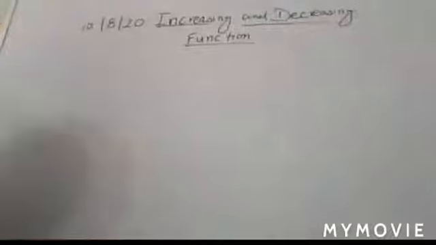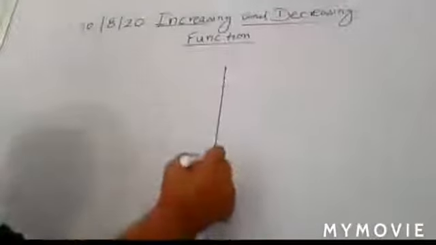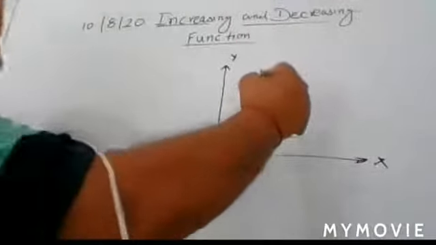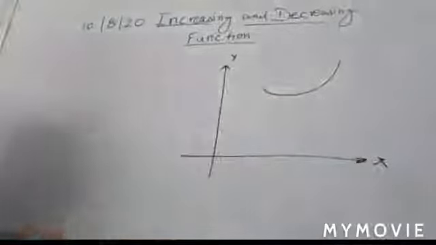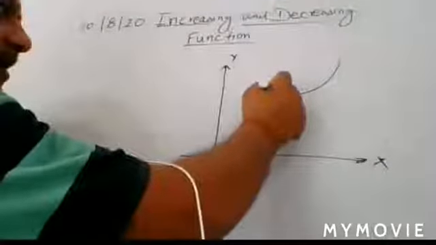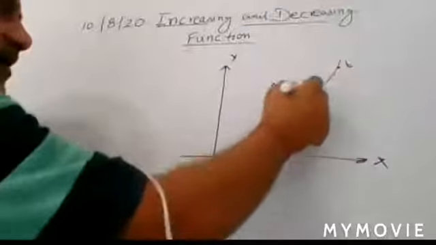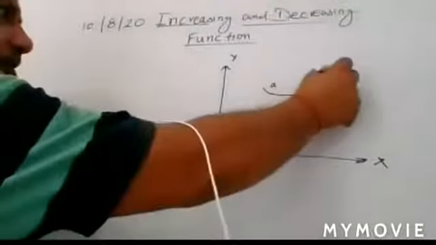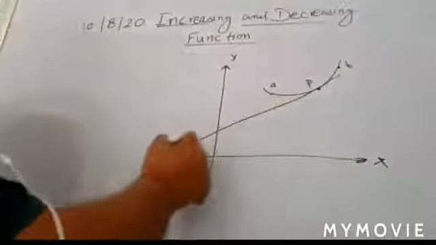First write your heading: condition for increasing and decreasing function. So that is your heading here. Here you have a graph of, suppose I take any increasing function, defined in any open interval AB. You write here AB interval, and if you take any point P and draw the tangent at this point, means dy by dx.